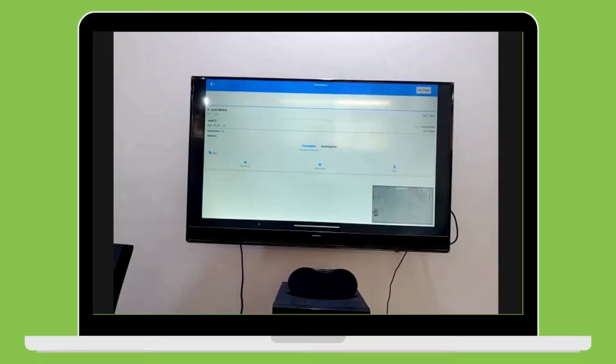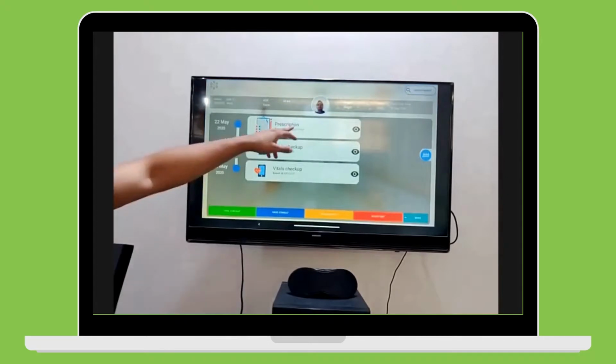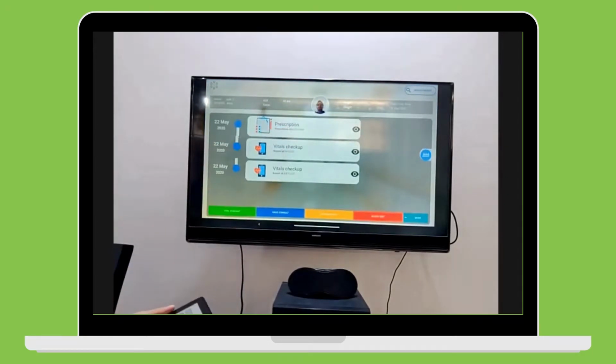The video call minimizes automatically, and the patient gets the prescription. I'll just disconnect this call. The patient has received the prescription, and this prescription is appearing on the timeline also. So everything keeps getting recorded on the health case timeline.